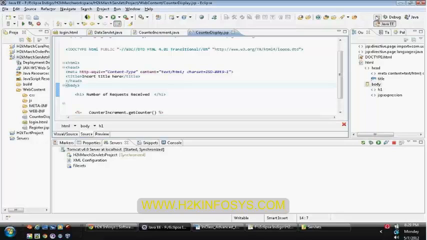And the next one is application scope. Application scope is nothing but available throughout your entire application. Once you have started your application server and deployed your application, the parameters available with application scope are available throughout all your client requests. They are your context parameters, and they are said to be application scope parameters.